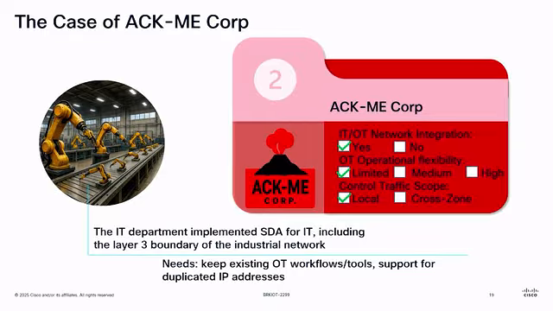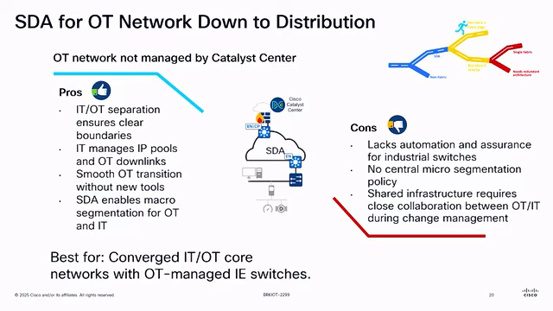So for them, what we recommend is you can have your SD Access fabric ending in your fabric edge, that's your distribution, and then your OT network can be attached to that one and keep the same operation you have, the workflows you have on the OT. This requires some